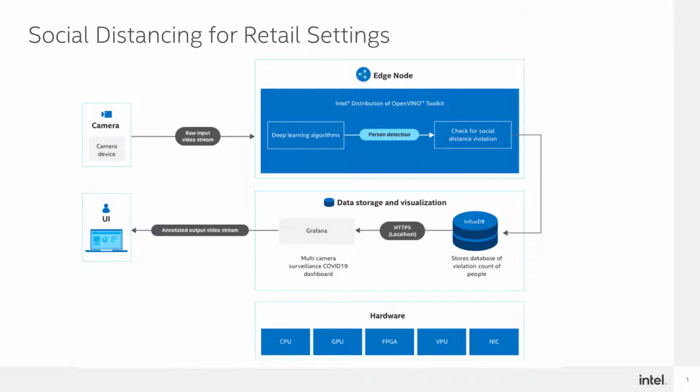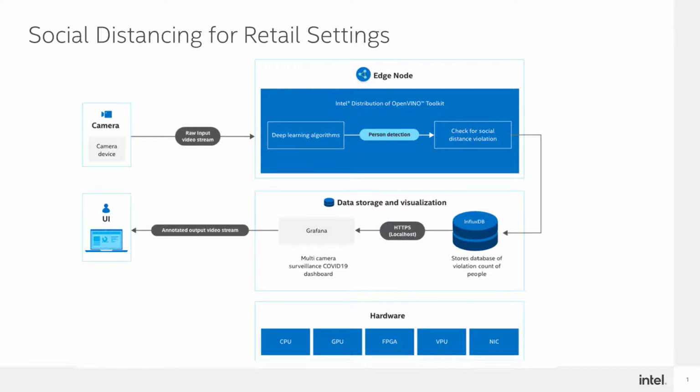for inference. The steps involved to perform the inference are: first, we apply the Open Model Zoo person detection model to detect people from all the video streams. Second, we compute Euclidean distance between all the people from the above step. Third, based on the above measurements, check whether any people are violating n pixels apart. We store the total violation count of social distancing data in InfluxDB and visualize the stored data of InfluxDB on a Grafana dashboard.